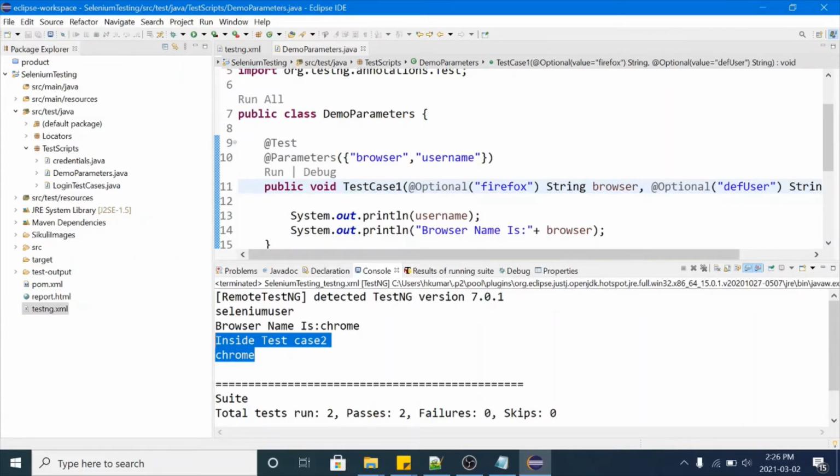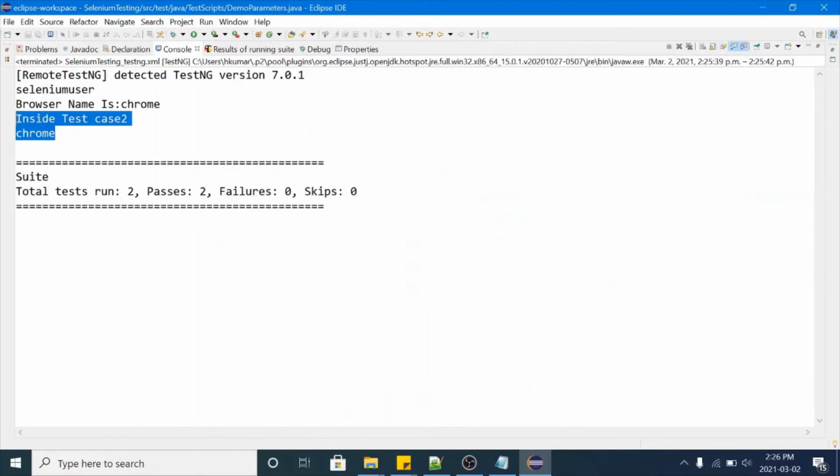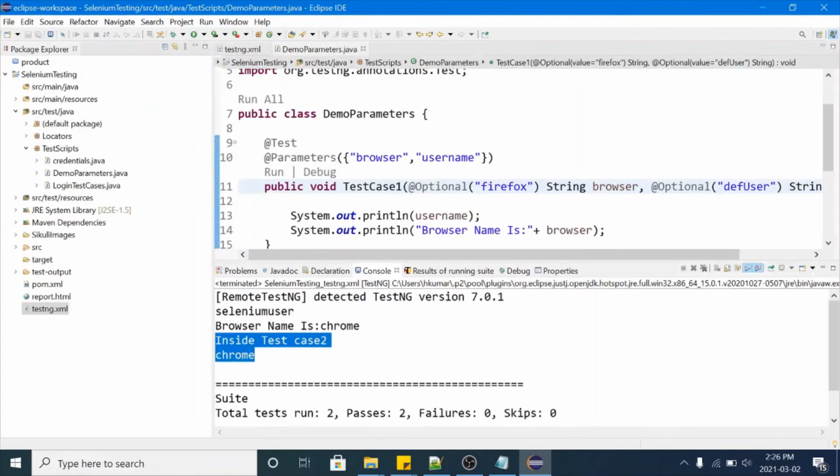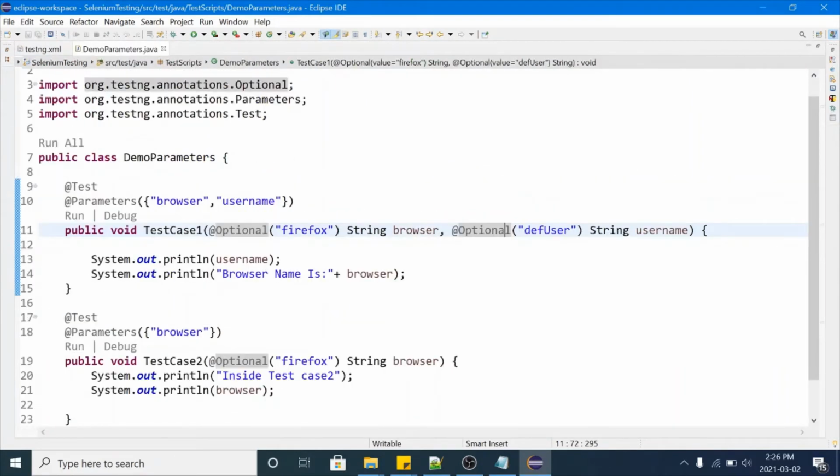Now there's another thing. You can pass these parameters to your TestNG annotations also, apart from test. You have already seen the demo of the test annotation.